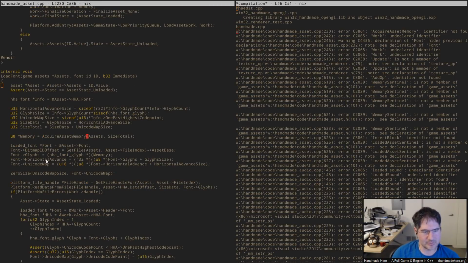Acquire asset memory. Again, not really necessary. So when we're doing asset memory allocations here, I don't think we ever actually have to worry about multiple threads pulling on those at once. So I think what we want to do there is we want to,